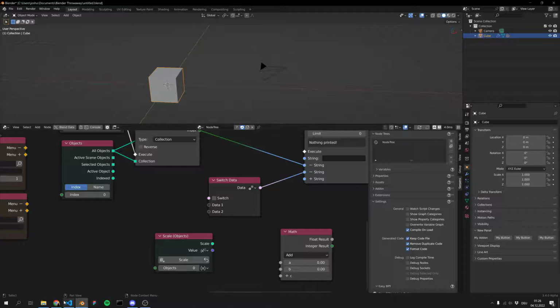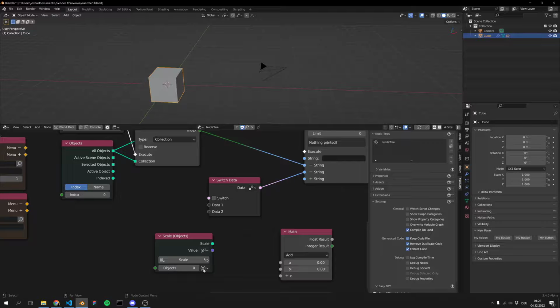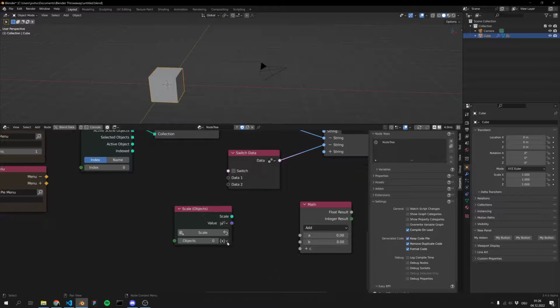Yeah, but anyway, again, the indexable is kind of the same as the changeable. It's just fewer types to choose from. It's only property, index, and name, so the ones you would use for indexing. Name and index being actually the ones you would index. Properties, like if it's